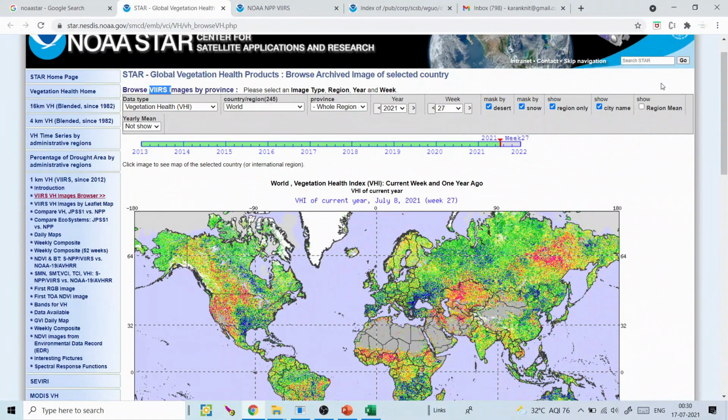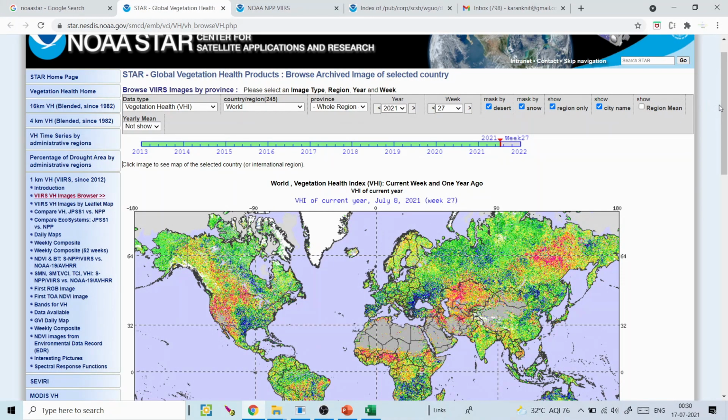In this video we are going to discuss the vegetation health products derived using satellite remote sensing data. I'll show you where you can download these products, such as the vegetation condition index, temperature condition index and vegetation health index, from freely available datasets on the internet. I'll also show you how these datasets are computed, basically the mathematics behind them, from the long-term historical data.